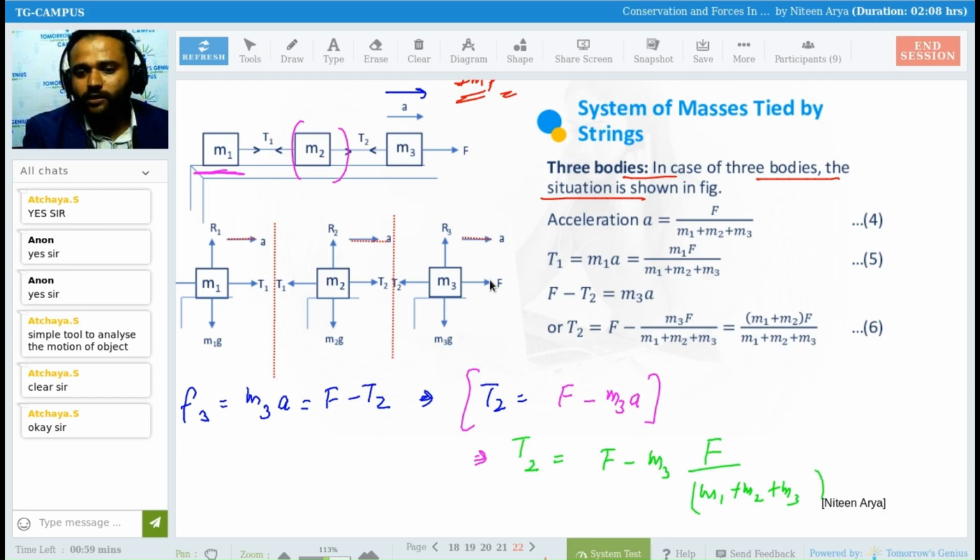Just doing the simple calculation and taking F common, we get M1 plus M2 into F divided by M1 plus M2